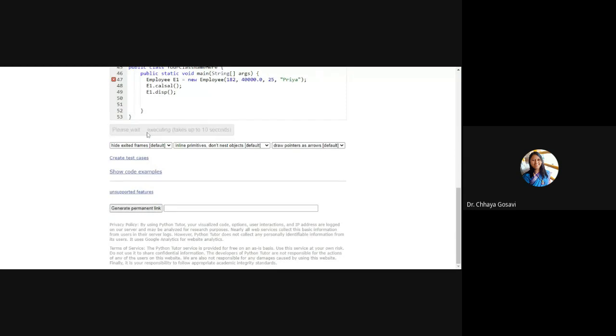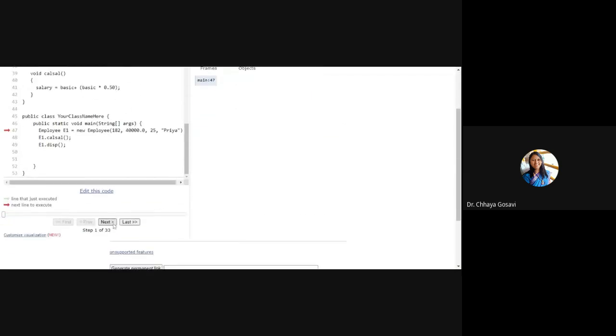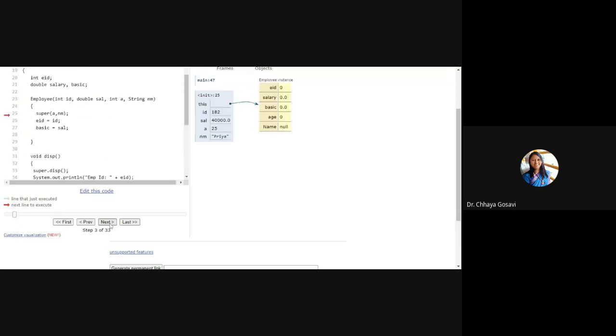So again we can check. This is an example of single level inheritance. Your constructor is getting called with the super keyword.